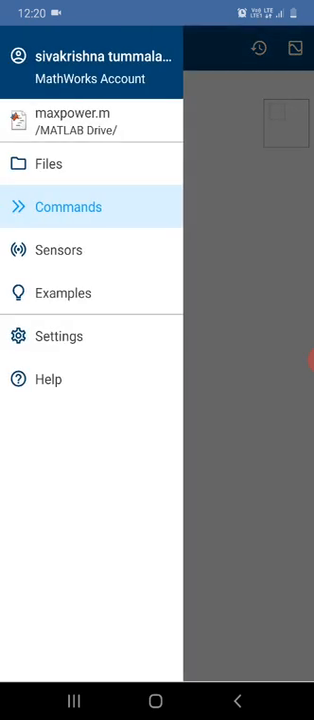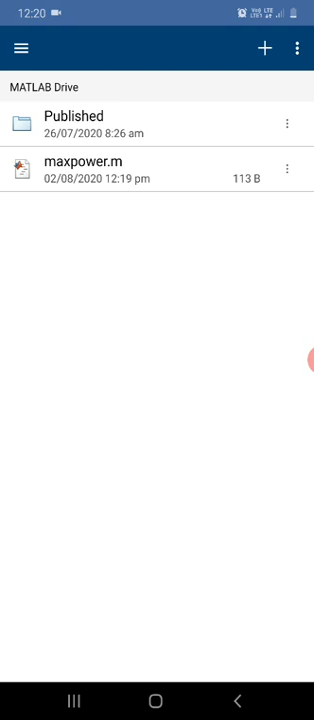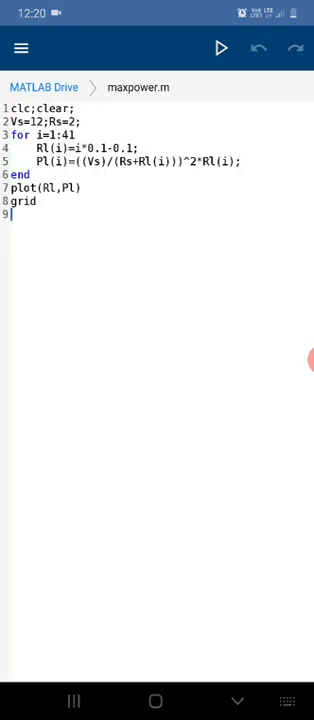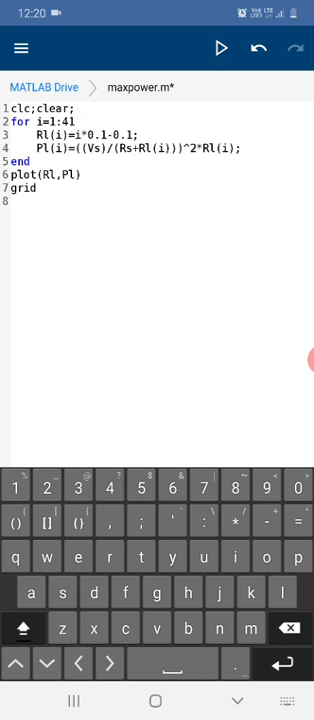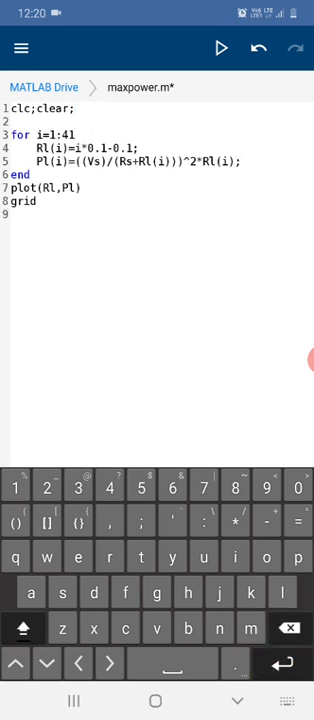So in this same file, in this MATLAB program, instead of defining Vs equal to some value and Rs equal to some value, use input commands like this. After this, Vs equal to, opening brackets, input